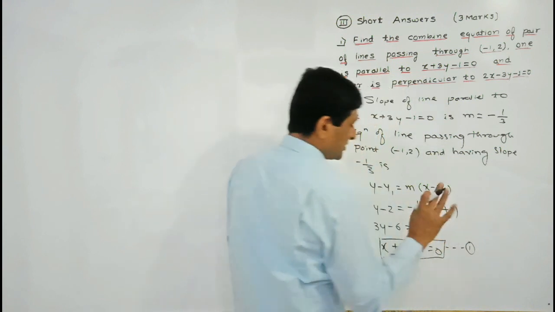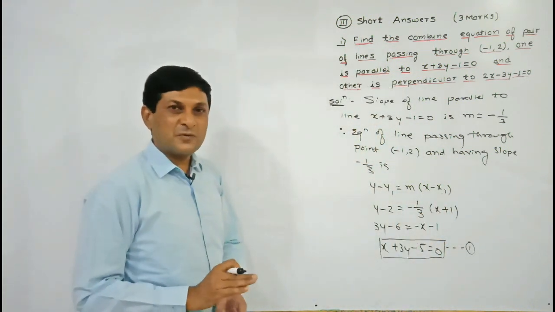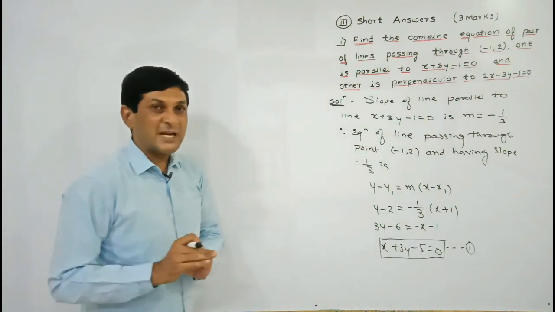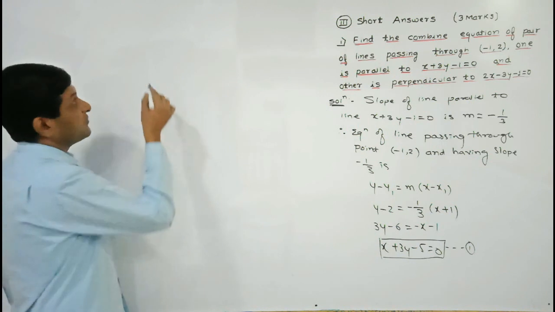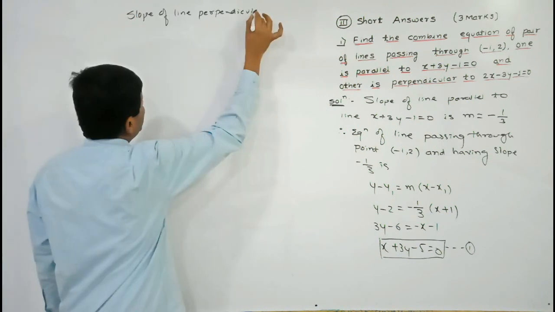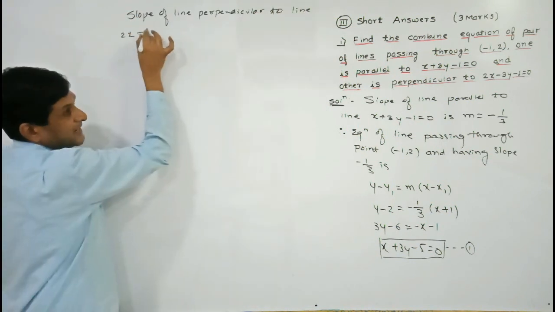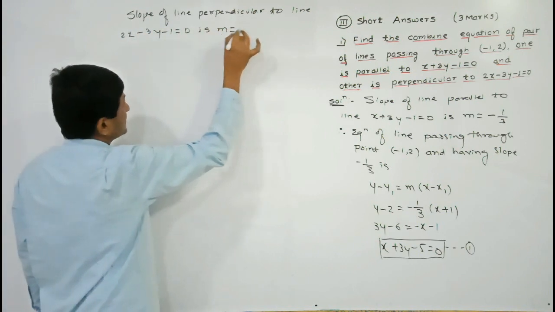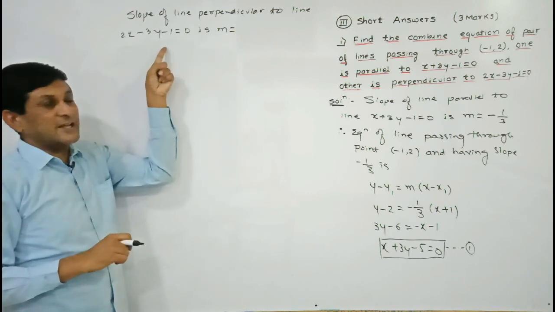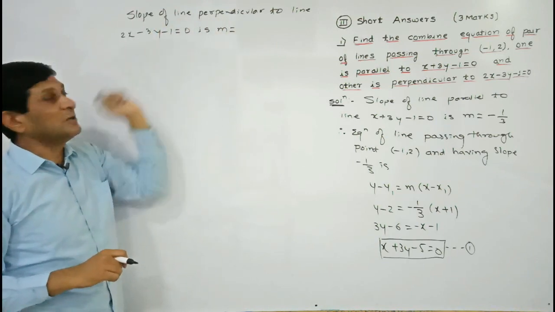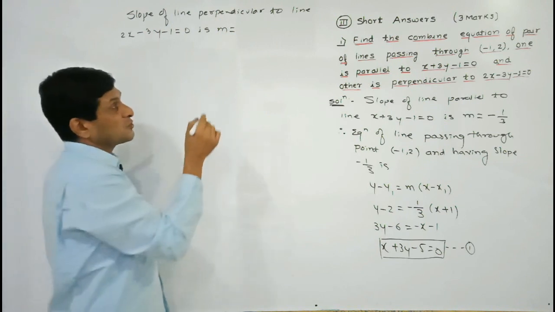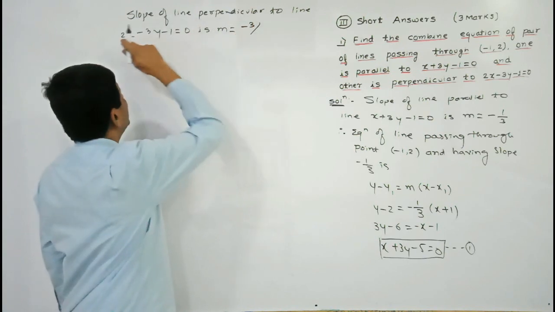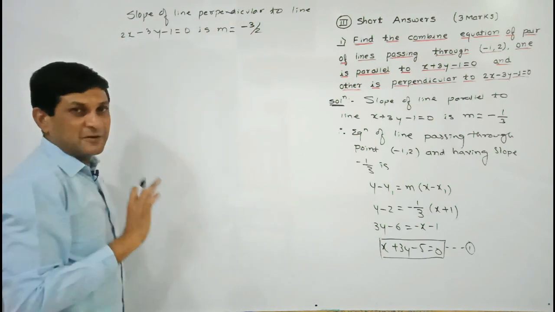Let us denote it by equation number 1. Now we are trying to find the equation of the second line, which is perpendicular to the line 2x minus 3y minus 1 is equal to 0. But to find the equation of that line, first we will require the slope. So find the slope. The slope of the line perpendicular to the line 2x minus 3y minus 1 is equal to 0 is m equals... See, we are not finding the slope of this line, we are finding the slope of the line perpendicular to this line. And what is the formula to find the slope of a perpendicular line? b by a. What is b here? Minus 3, upon a. What is a here? 2. So the slope of our required line is known to us.